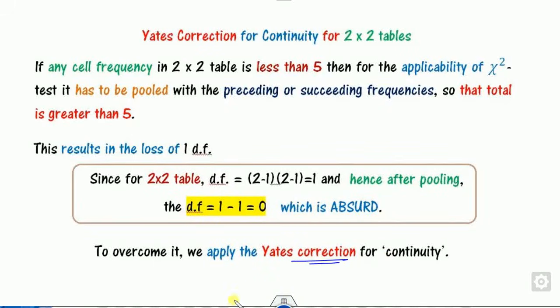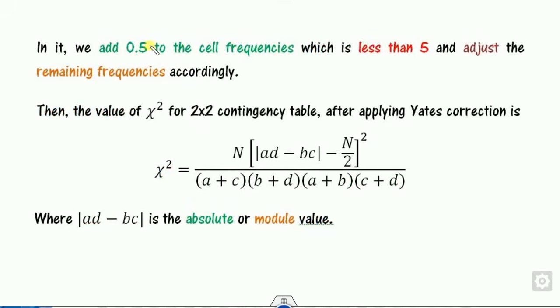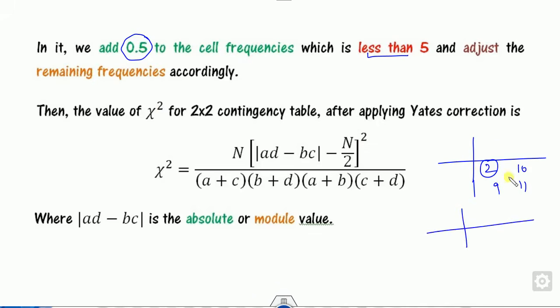What we do in this Yates correction for continuity is we add 0.5 to all those values which are less than 5. For example, if I have these numbers, since this number is less than 5, we will reformulate this table by adding 0.5 to this number, and we can adjust the remaining values in such a way that